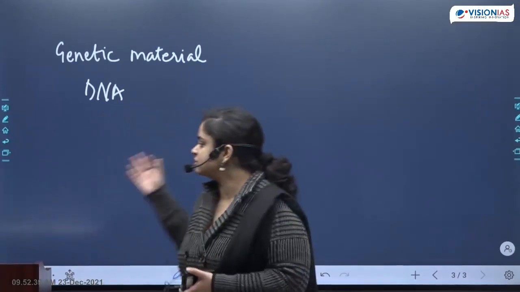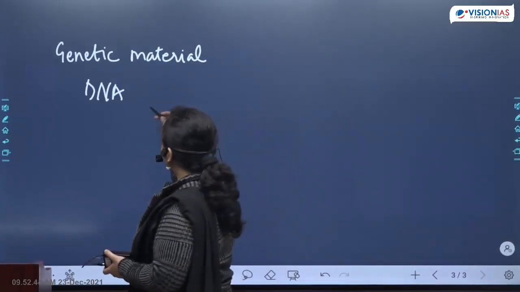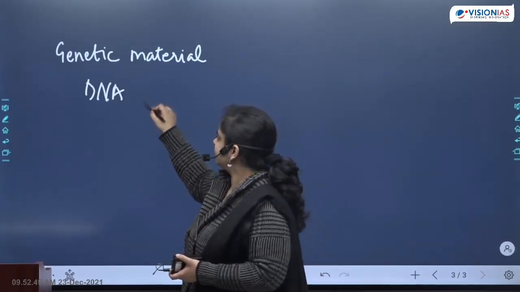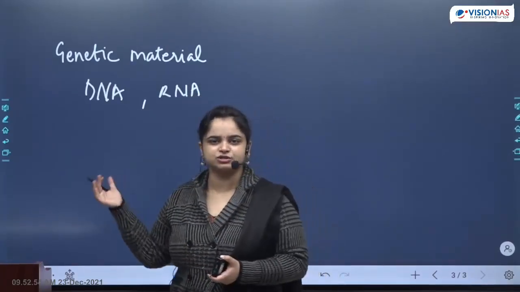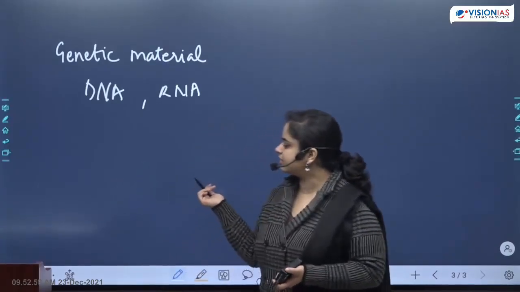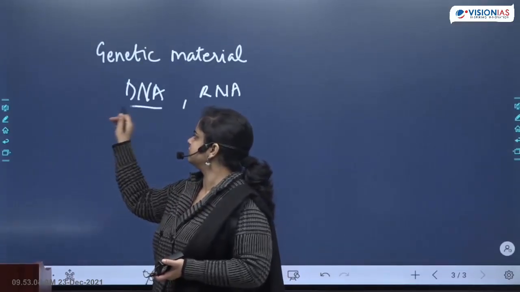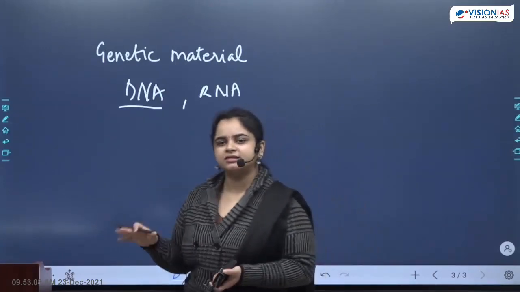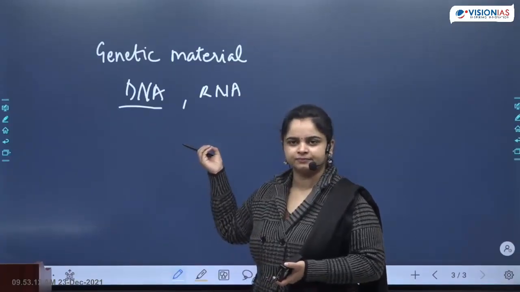Okay, so this genetic material DNA, in some viruses actually, the genetic material can be RNA also. We will study about their structures when we come to genetics, or how that whole system works. But here the only thing which you have to remember is that the main genetic material of all living organisms is DNA, with the exception of a few viruses which can also have RNA. Okay.